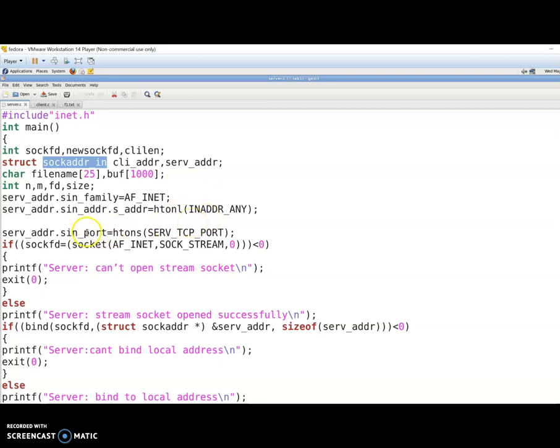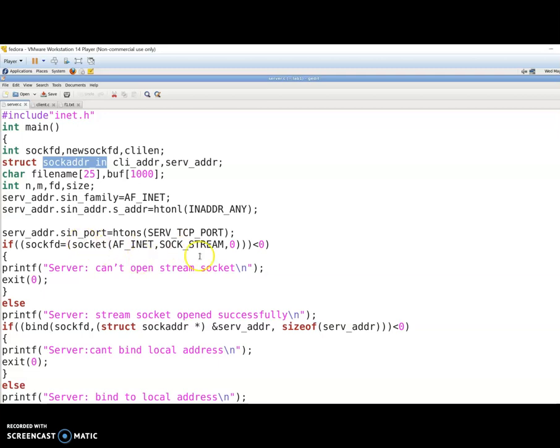So we need to define the port address. Also the server TCP port: you have to define which port you are going to connect the application to. After this, the first step is socket creation. socket(AF_INET, ...) and then the type of the socket. We have two types of sockets available. SOCK_STREAM is a TCP connection, that is connection-oriented communication. Then SOCK_DGRAM is a datagram for a UDP connection.